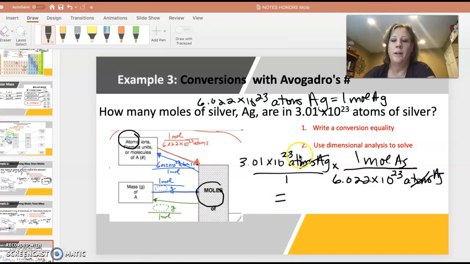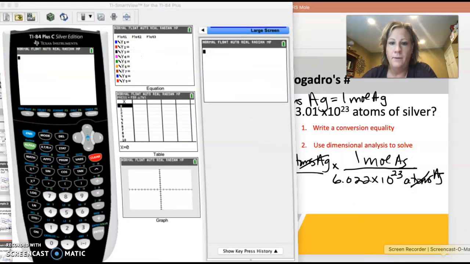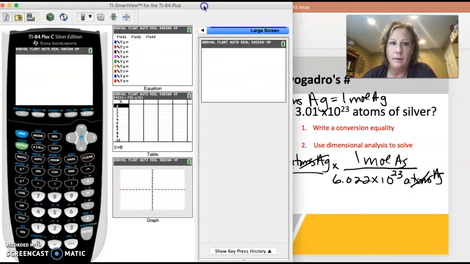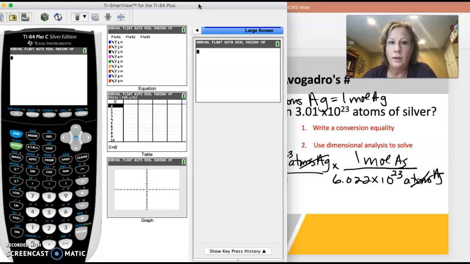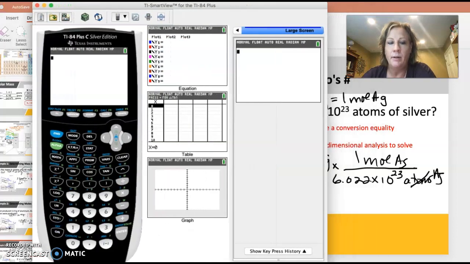So I wanted to show you how to get the answer with this number. When you have something with scientific notation in the denominator, you need to put it in parentheses to get that power of 10 to stick with the beginning number. And I wanted just to show you a trick that we're going to use a lot, with numbers like this in chemistry. If you have a calculator, what you do is I'm going to take that beginning number,